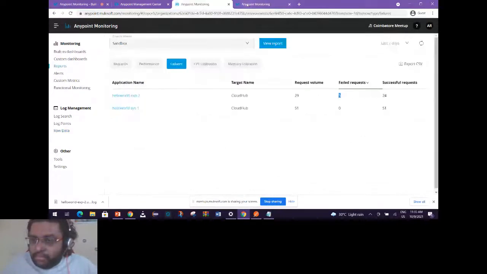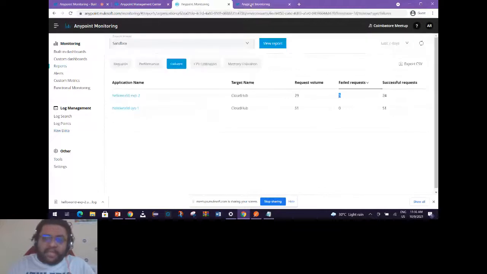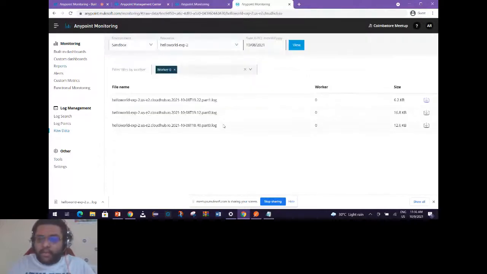One question was, does the Mule 4.4 release improve any logging capabilities? I've not looked into Mule 4.4. Do you know anything about it? I think even I haven't had an opportunity yet to see if there are any differences in the logging capabilities. Senthil, we will check that and get back to you.